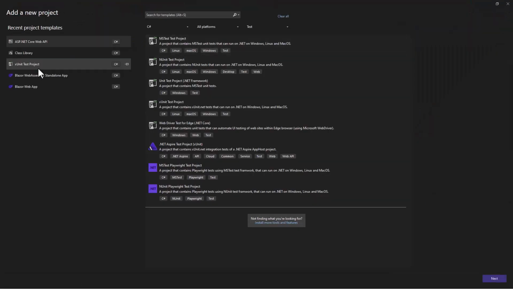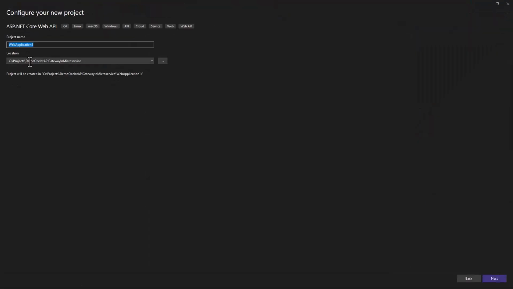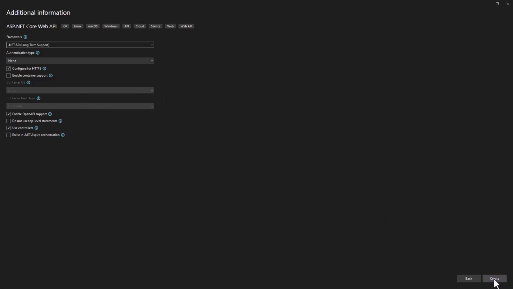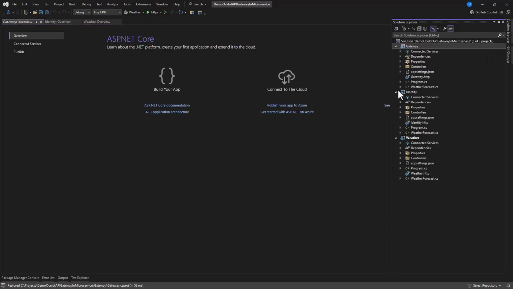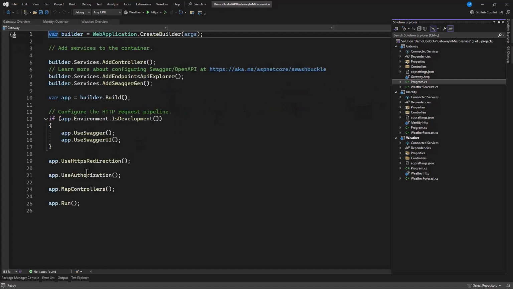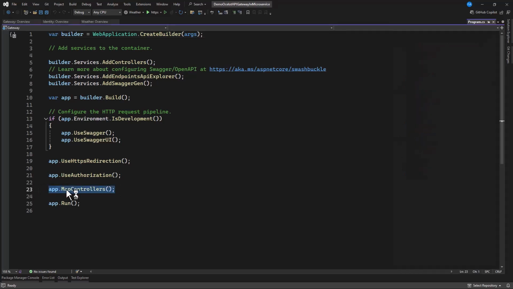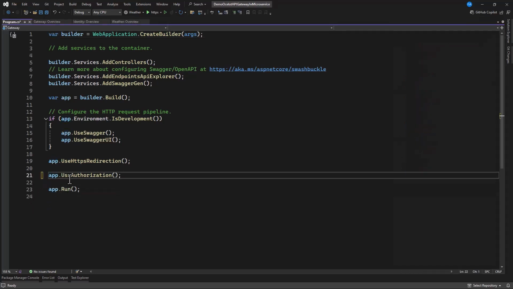New project. And here, I'm going to say this is Gateway. Click on next. So you can see when you check the solution, we have 3 projects in here. We have our 2 APIs and we have our gateway. Now, the first thing that we need to do when you go to our gateway is, we don't want to expose any UI, so I'm going to remove this controller. I'm not mapping any controller, so we can save this.